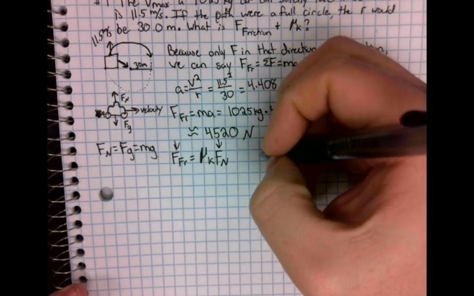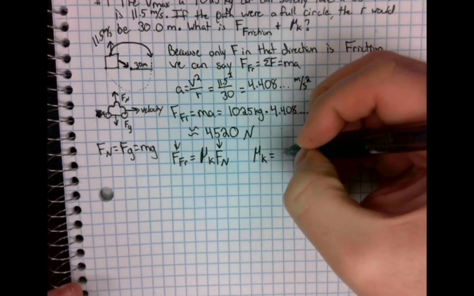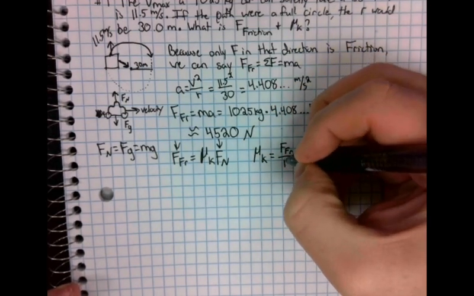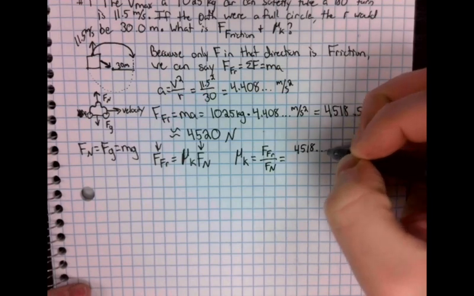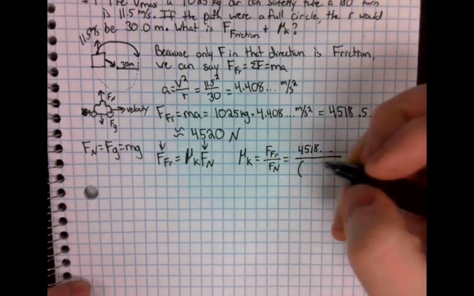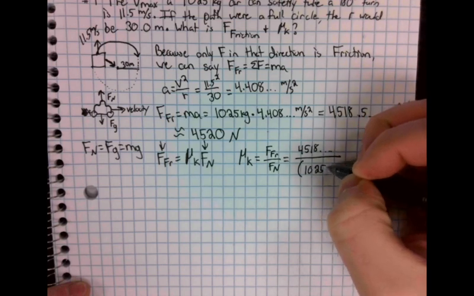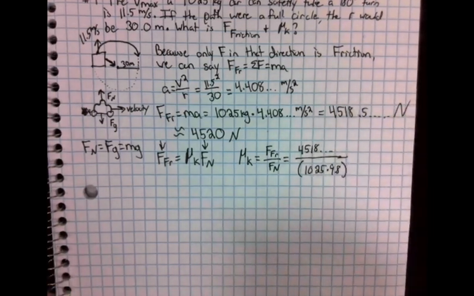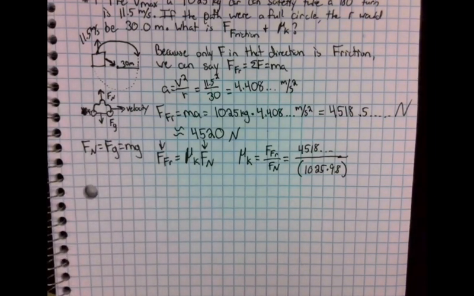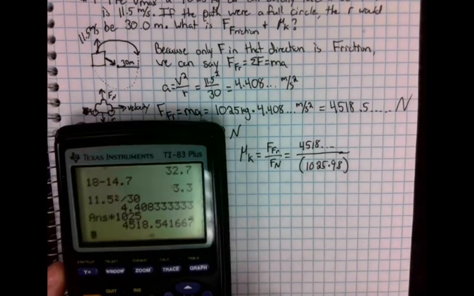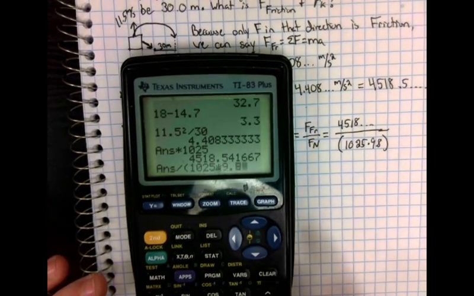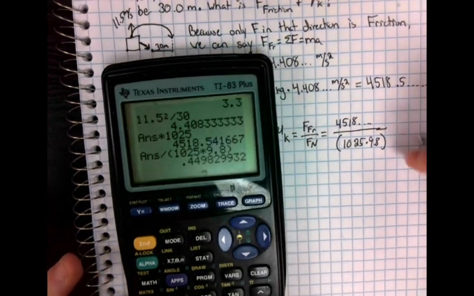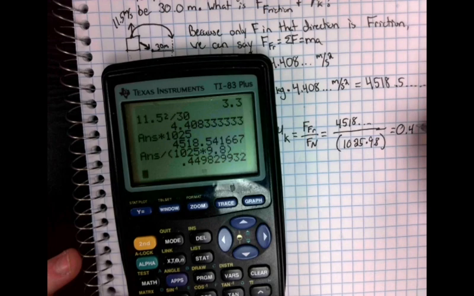It'll be positive. So now we can actually set our equation, mu k is equal to the force of friction divided by the normal force. And our force of friction is our 4,518 and so on, divided by, to get our normal force, we just need mg. M is 1025. Gravity is 9.8. Again, we want it to be positive because the normal force is going upwards. So I'm going to take my 4,518 that I had saved from right here. I'm going to divide that by 1025 times 9.8. And I will get that the coefficient of friction is equal to 0.4498 and so on,